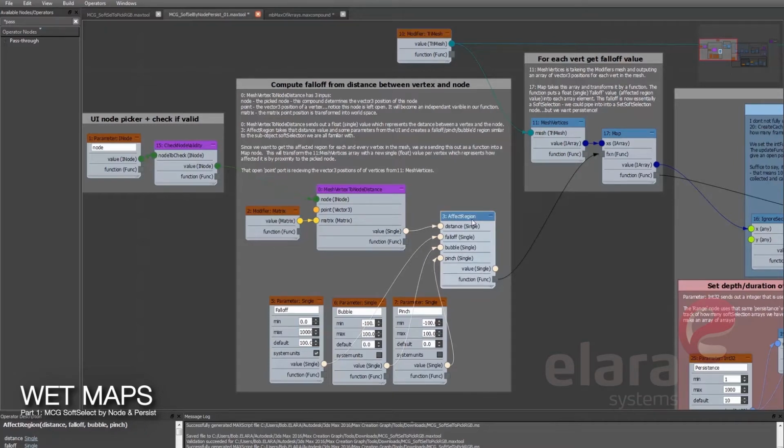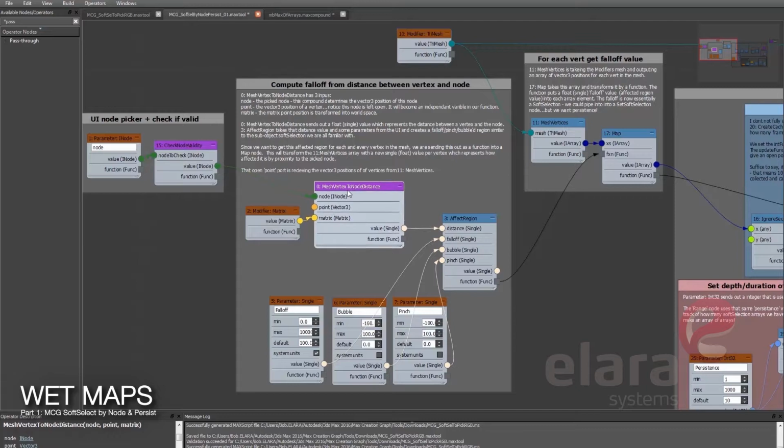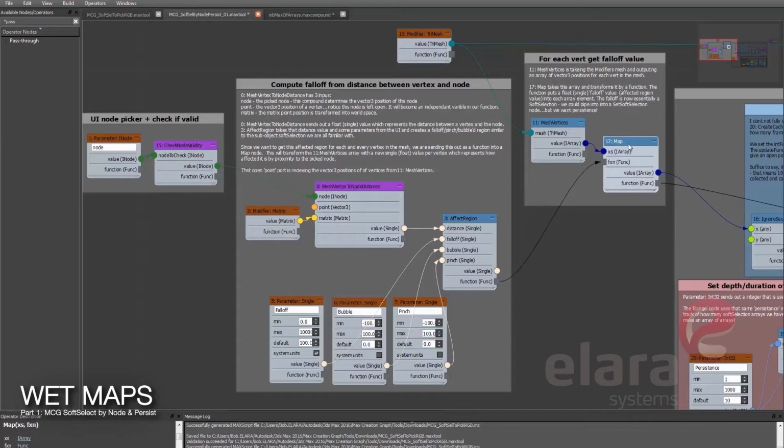Node number 3, effect region, takes that distance value and some parameters from the UI you see down here, falloff, bubble, pinch, and it makes a region similar to what you've seen in sub-object soft selection. You'll see that we've left one of these ports open. Because we're dumping out this effect region as a function, this becomes our independent variable for this next map node that's over here.